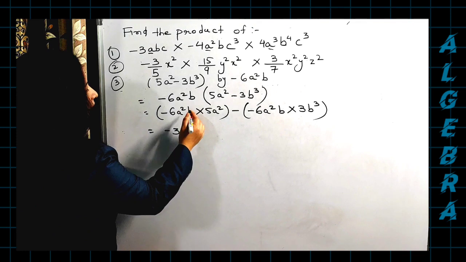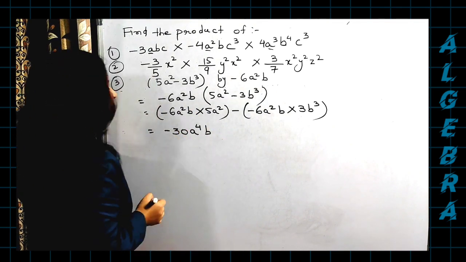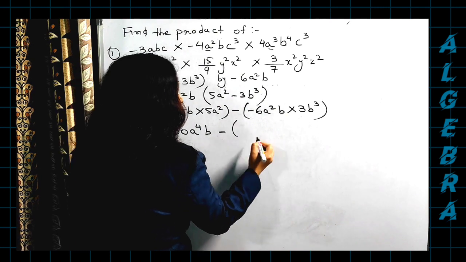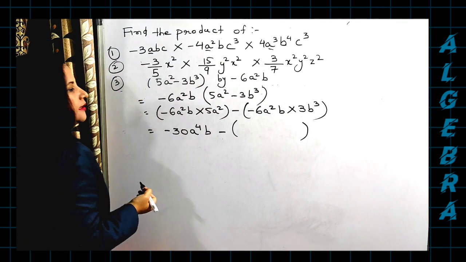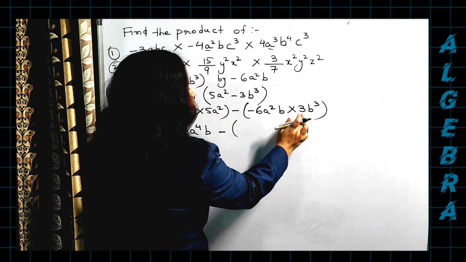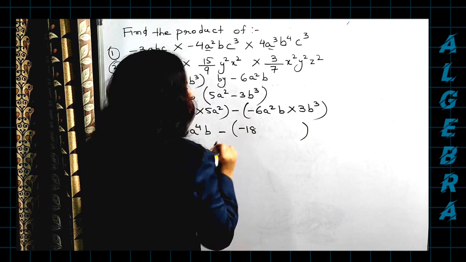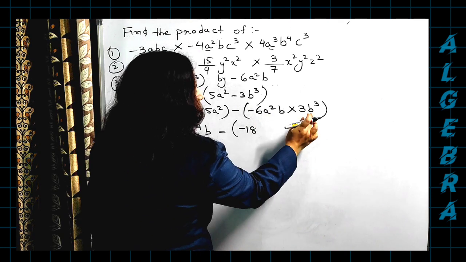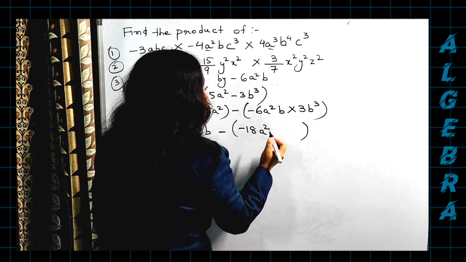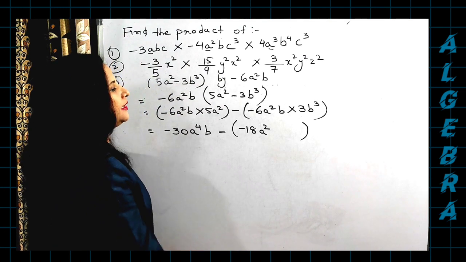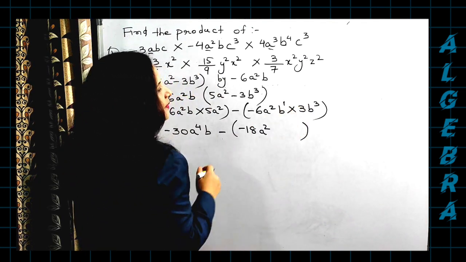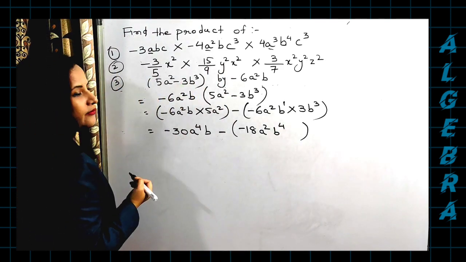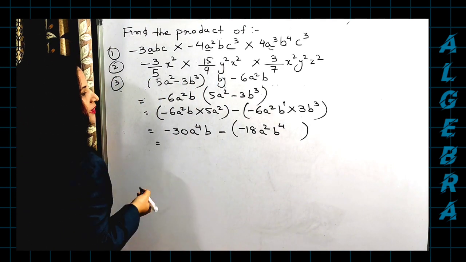Clear? Then only one single b is there. So put the single b here. Okay. Next comes the minus sign here. Let us keep it inside the bracket. Minus 6 into 3, minus 18. Clear? First multiply the number along with the sign. A square you are having, but here there is no a. So simply there will be a square itself. Now what about b? Here b is having the power 1. Here b is having the power 3. So 3 plus 1 will give me how much? 4. Right? Now let us open the bracket.